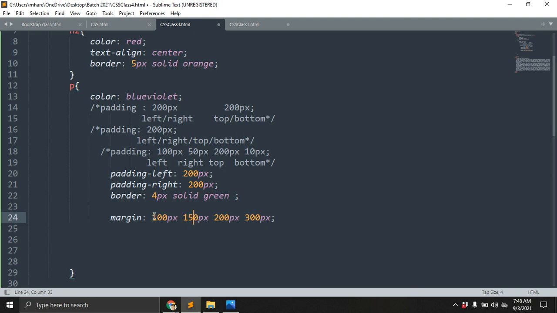What do you understand? Here the border right is 100 pixels, border top is 150 pixels, border left is 200 pixels, and border bottom is 300 pixels. I'm writing it here.